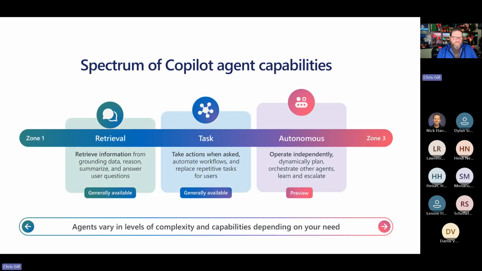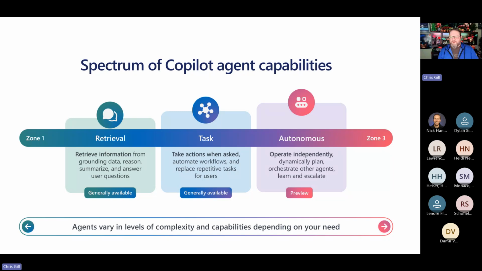The spectrum of Copilot agent capabilities. Agents are definitely not one size fits all. They exist on a spectrum depending on how complex their design is. On the left side we have retrieval agents, the simplest type. They pull in information, ground data, and answer questions.